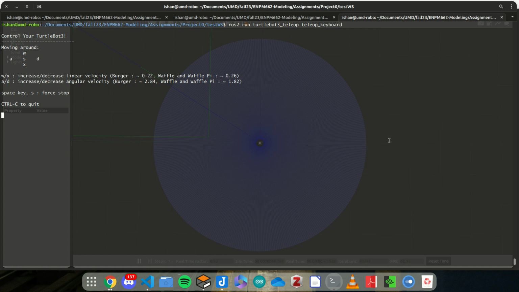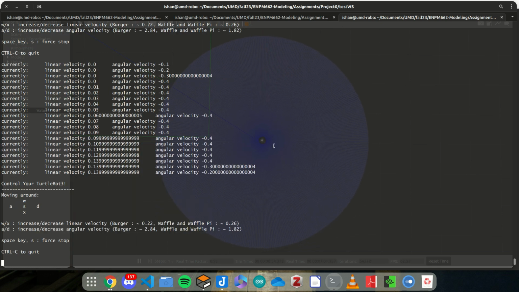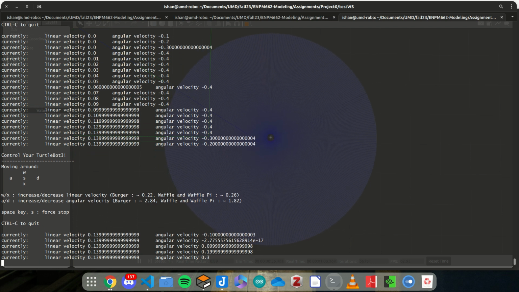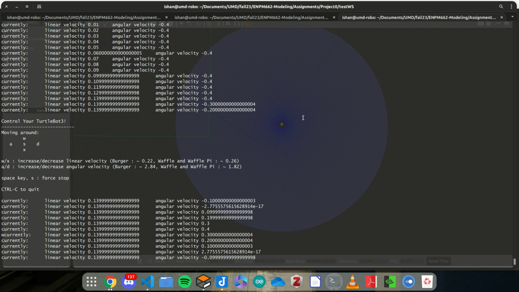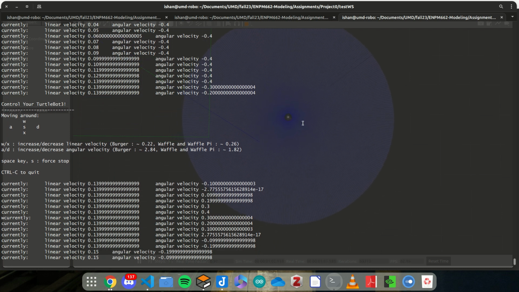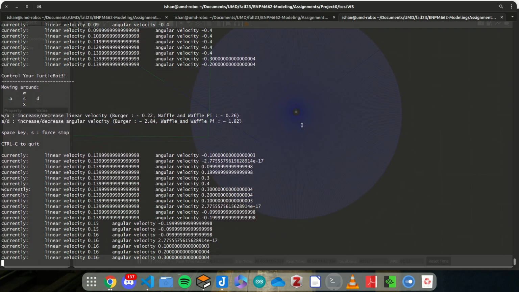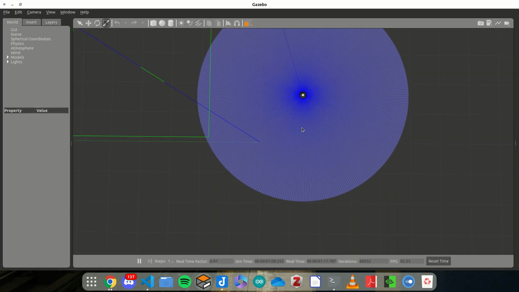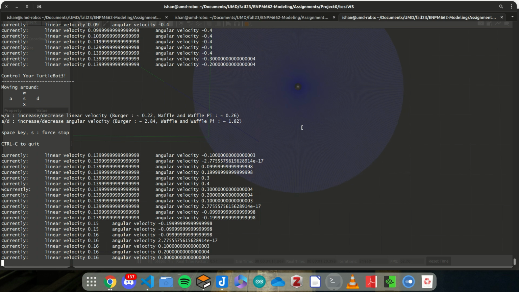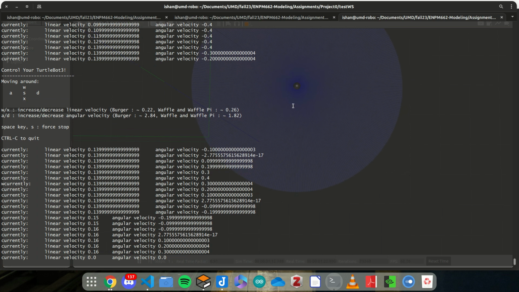So let's try that. So notice the Turtlebot, this tiny thing over here. We're pressing the keys and it is moving. So we have to be on the terminal window in order for the keystrokes to register. So if you get out of the window, we will not be able to move this robot. So let's press space key over here to stop the robot. And that was the